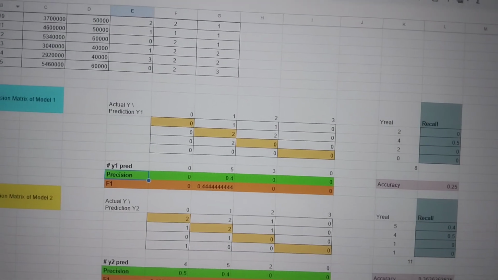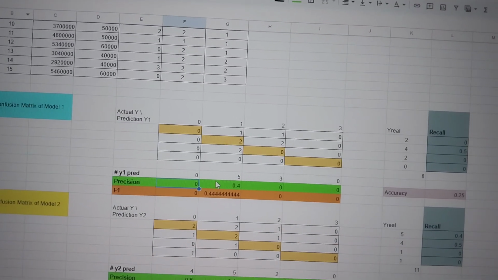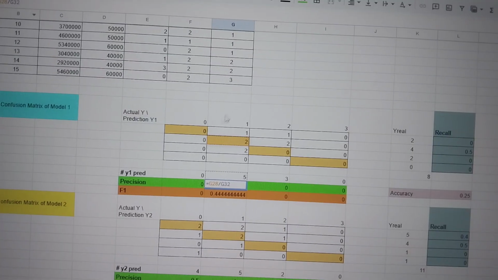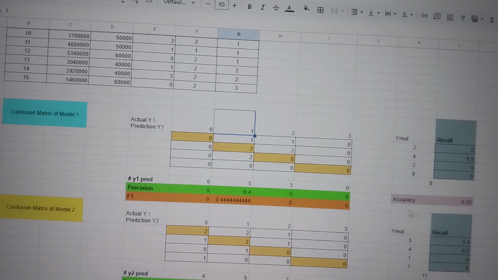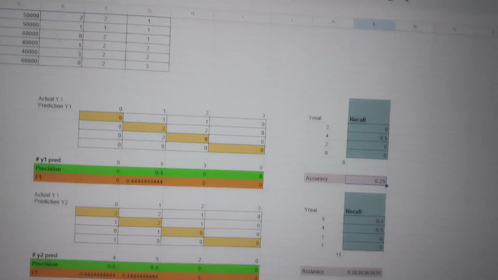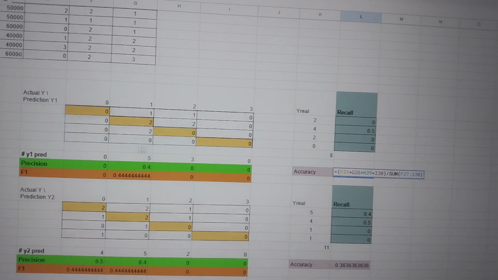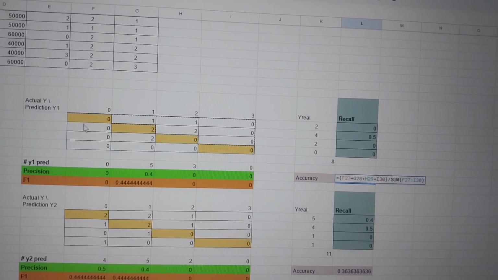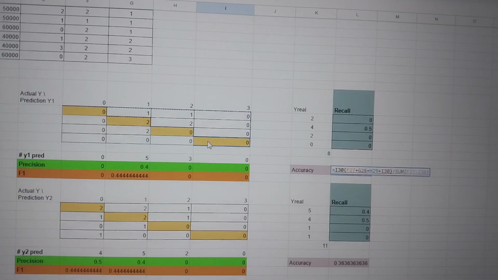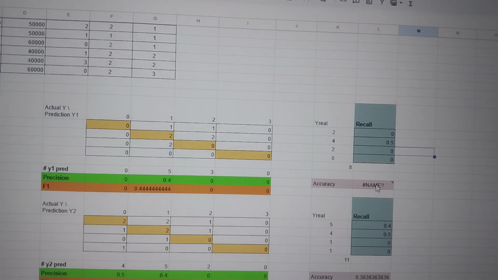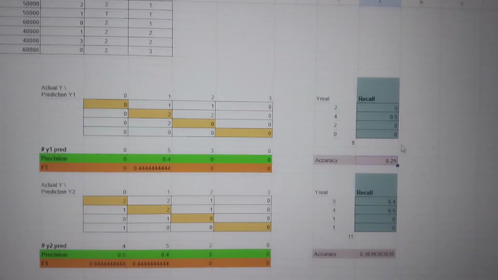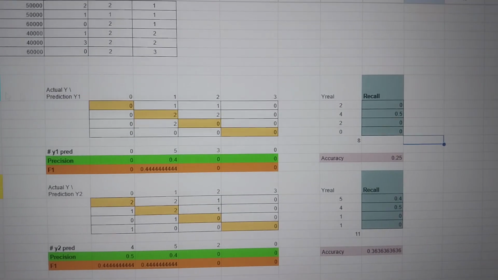And then for precision, it's the same thing, but vertical. And we can calculate the accuracy by adding up this slanted line and dividing by the sum of the whole table, which will be the accuracy of model